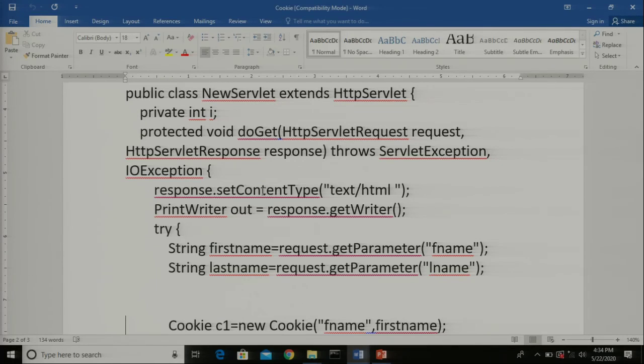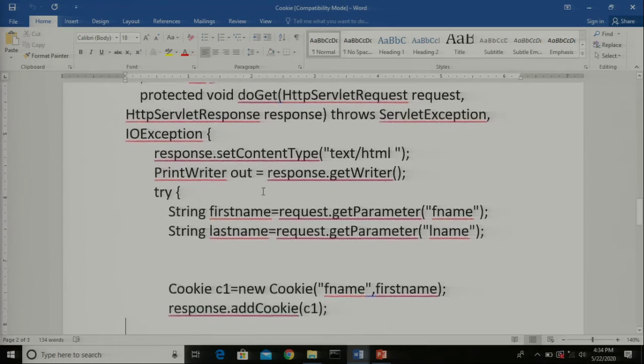Then the PrintWriter and the getWriter classes, using which you can print the values: the first name and the last name, which we have sent from the client, using request.getParameter. We have already discussed how getParameter and the different methods work. There are different versions, like getParameterNames, getParameterValues and getParameterMap. getParameter is suitable only when a limited amount of values are sent from the browser to the server. Here we have only two values, first name and last name, so we are getting those values with request.getParameter, which has been sent along with the request.